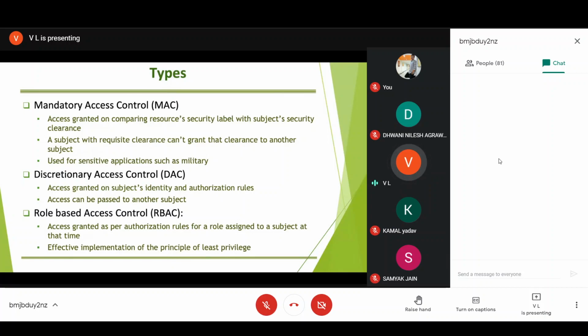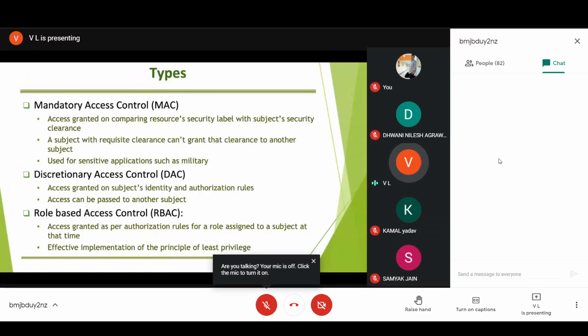Generally it is used in military or defense mechanisms, or research, which is very sensitive, even in an industrial environment where they are trying to develop a new product, or researching something on cutting-edge technology. They wouldn't like other people to know about what is being done in the research and what the outcomes are. So mandatory access control will be used for sensitive applications. Even physical access and access to the data and the equipment will be governed by this access control mechanism.